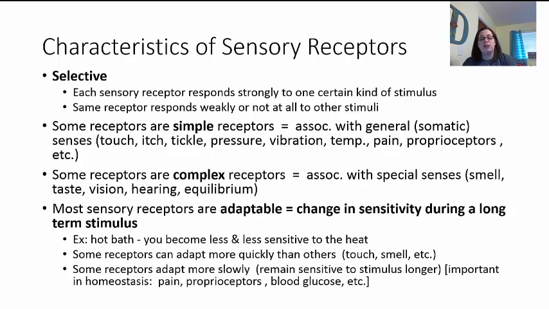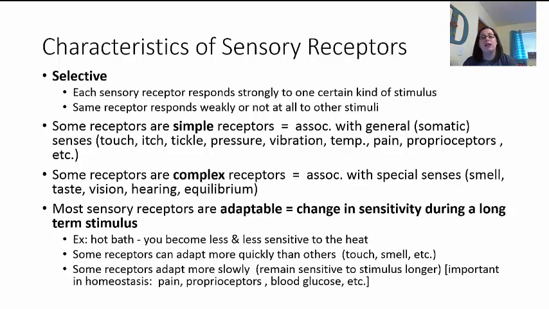Now, other receptors will adapt more slowly. So they're going to remain sensitive for a longer period of time. One in particular that's really important for this is pain. We don't want pain to adapt quickly. You might think you want pain to adapt quickly, like, I don't want to feel pain for a long period of time. The problem is, though, guys, pain is a lot of times an indication that something is wrong. It's telling your body that something is not right. And so we want the pain to be there so that you understand that we need to fix it. Don't continue to do that, or go get it checked out. That's why pain will adapt very slowly.